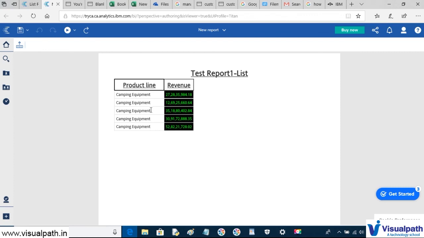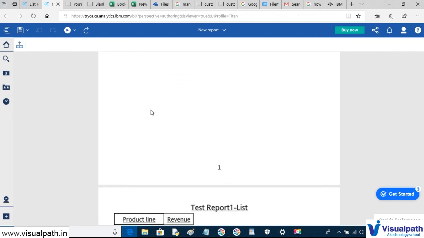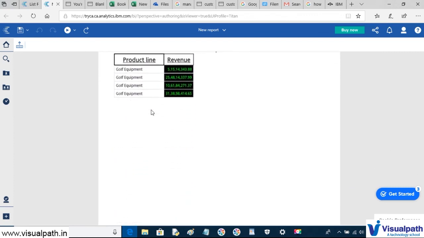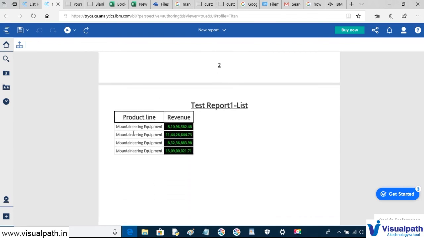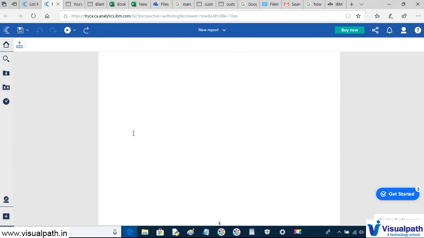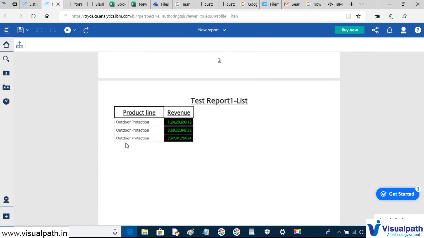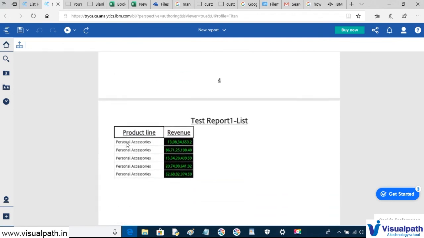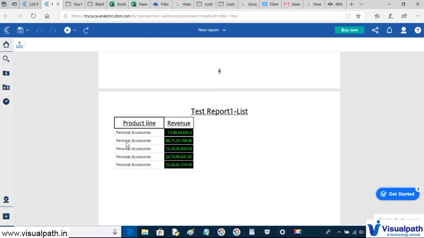So here you can see that the product camping equipment is appearing in one page, golf equipment in another page, mountaineering equipment in another page, outdoor protection in another page, and personal accessories in another page.